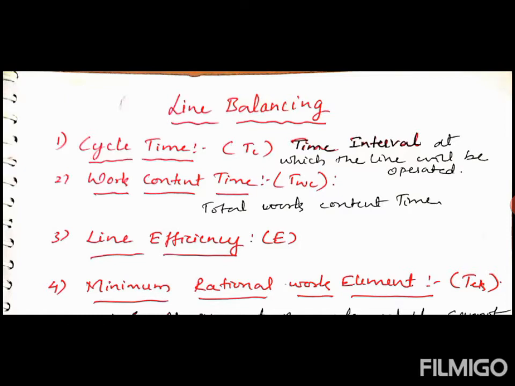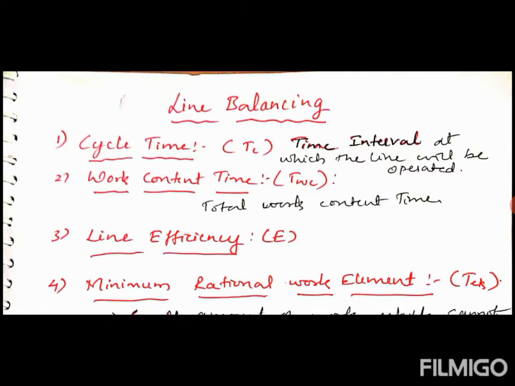So one machine will take some time, and like this, different machines will take different times. To optimize this, such that we can reduce the total time one part spends to be manufactured on the shop floor, we go for optimizing using line balancing. Fine. So now let us go one by one.